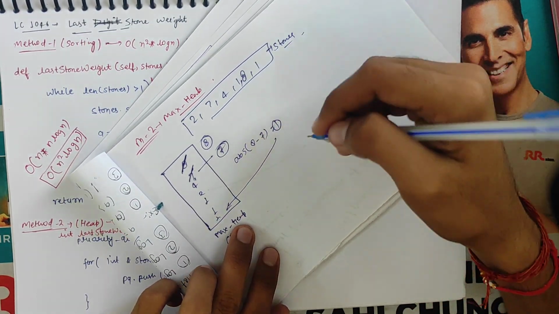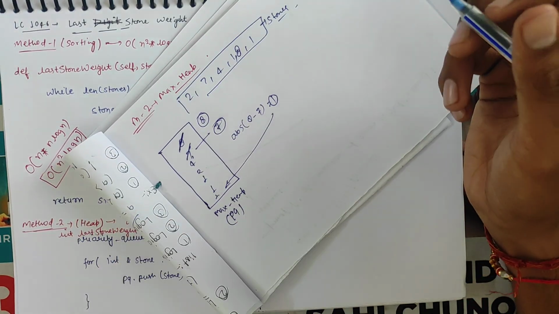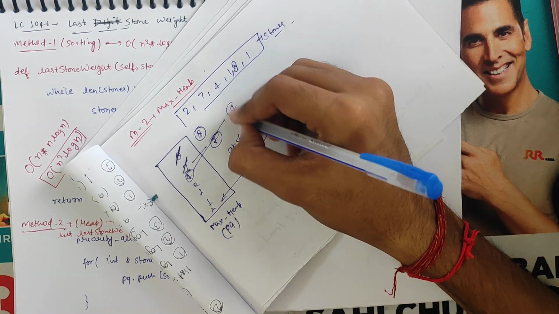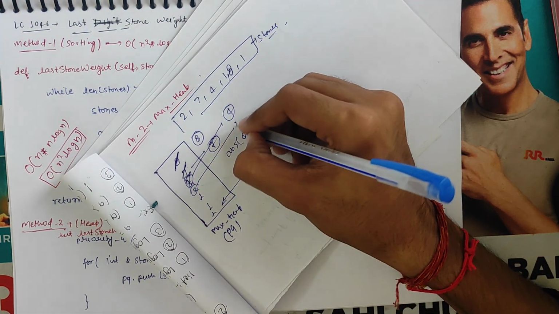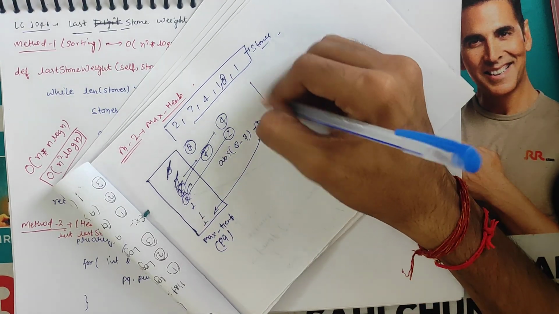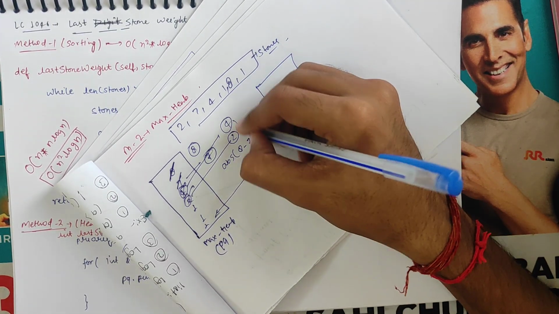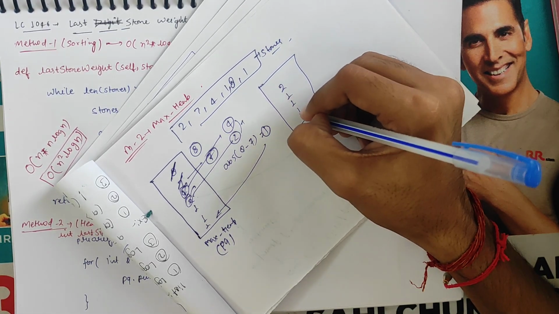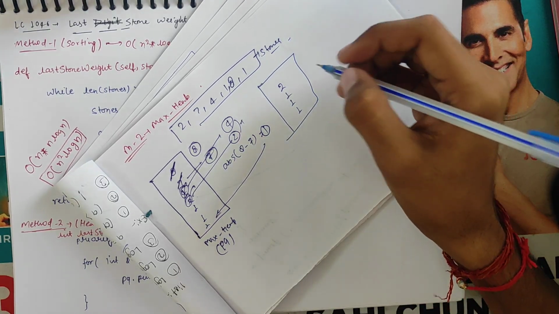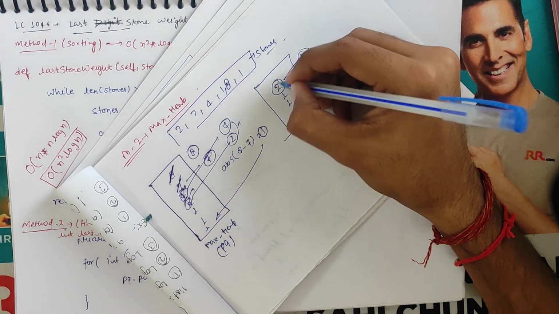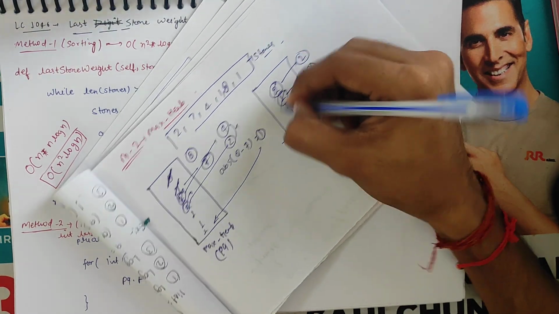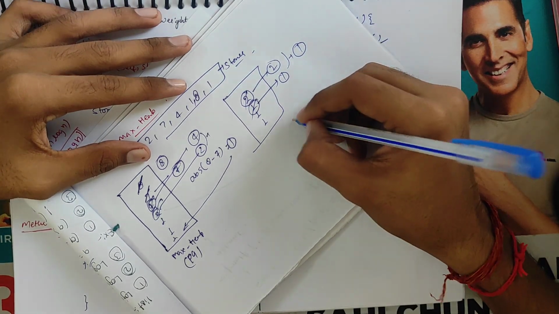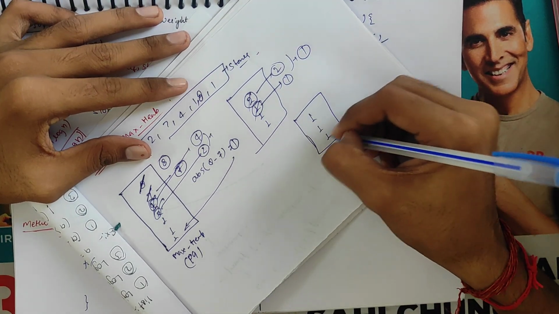Again we keep continuing these operations until the max heap contains only one element. So again we pick 4 and pop 4 out, then we pick 2 and pop 2 out. Again we store the absolute value of 4 minus 2, which is 2, in the max heap. So it will look like 2 1 1 1, right? Again the same operation: we pick 2, pop 2 out, we pick 1, pop 1 out. The absolute value of 2 minus 1 is 1. So again we push 1 into the max heap, 1 1 1.